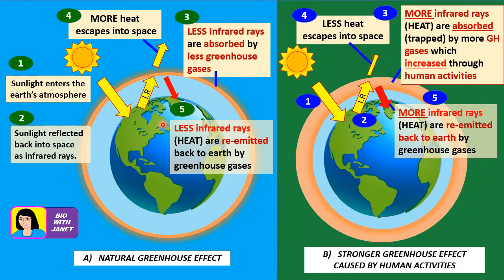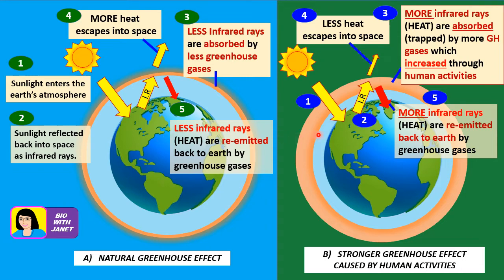If not, Earth will be very cold, just like some of the planets around us, and it is not suitable for the survival of organisms. Now, apart from that, because of the natural greenhouse effect in the past, there's healthy growth of crops and other plants. All right. So that's the ideal situation. The natural greenhouse effect causes the global temperature to be at an optimum level for survival of organisms.